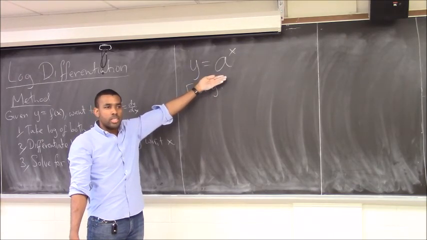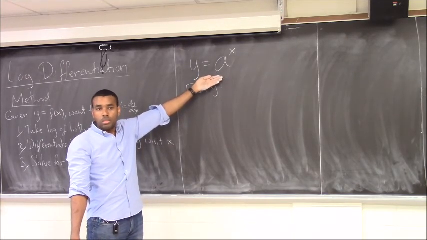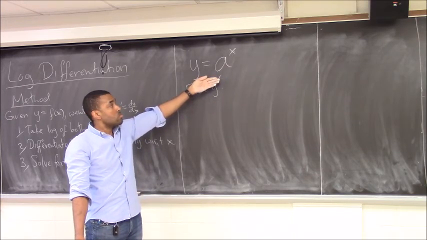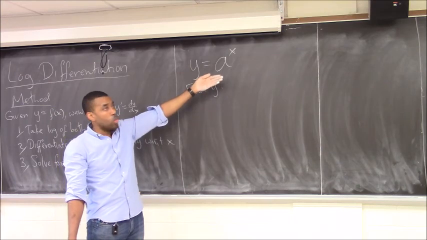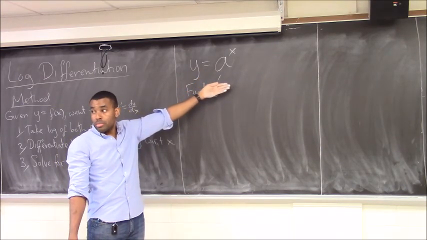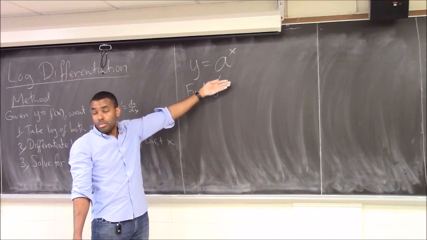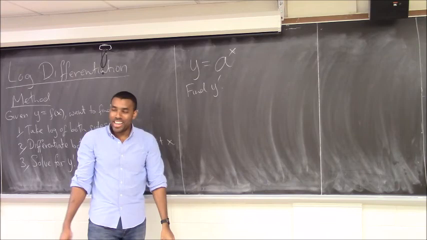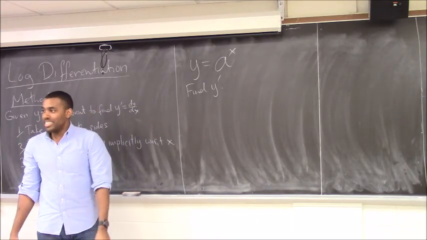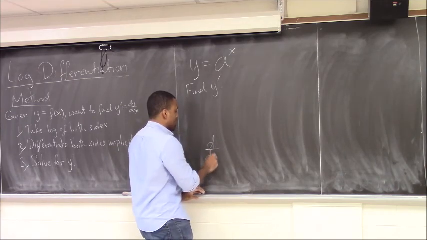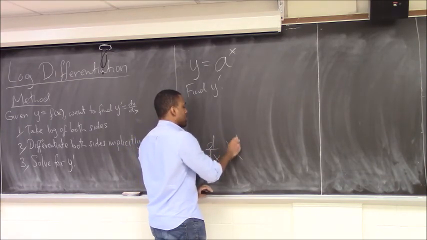What would the derivative of a to the x be? What rule would you try to apply? It's thinking power. You could use the power rule, but that was the wrong thing to think. Why is it the wrong thing to think? It's an exponential. Okay, so remember how I said you need to remember your formulas